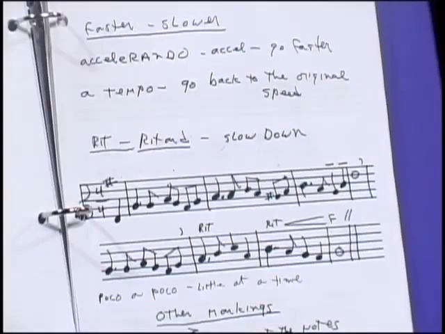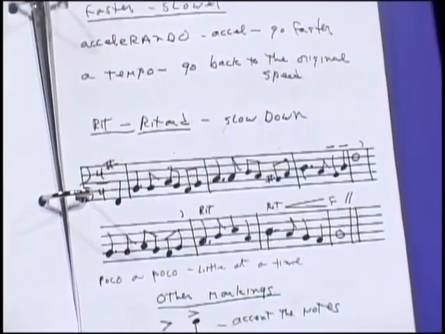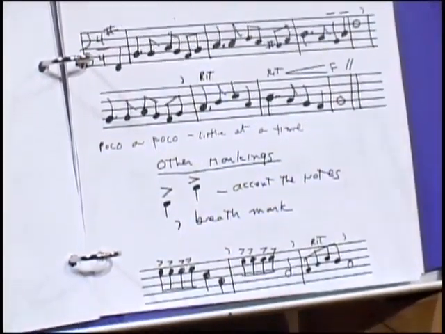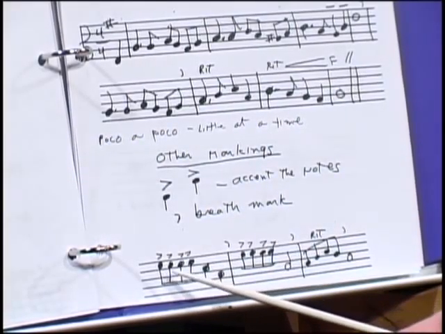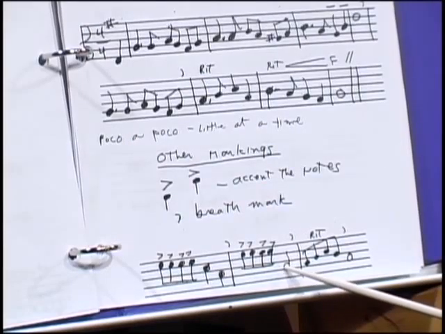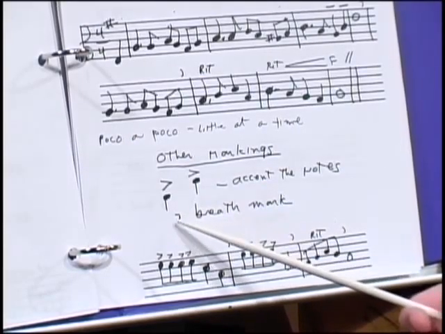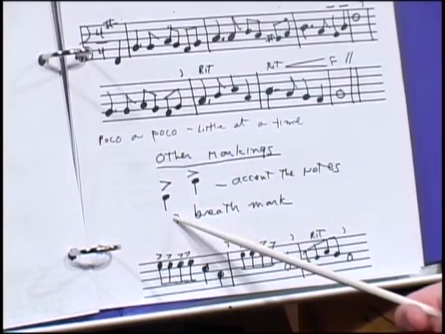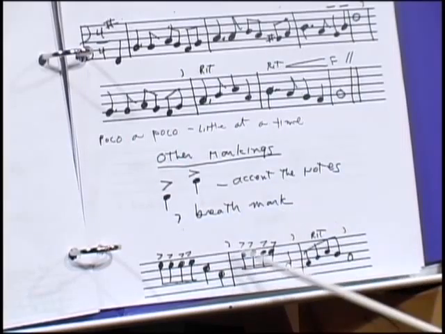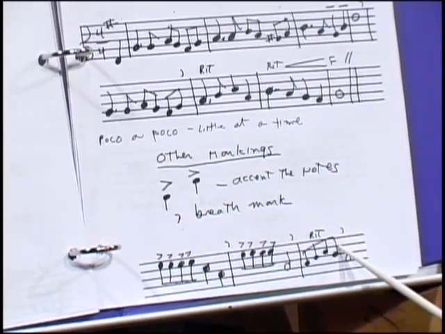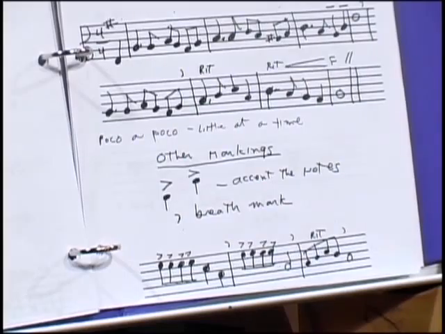Now, here we have accent marks. They look like little carrots like you get on a computer. That means you really punch those out. This is not a song, but I'm going to just show you an example of that and play a few of those. And also you get a little apostrophe. That little apostrophe just happens to be a breath mark. When you see it, that would be a place when you would normally breathe. So let me just play a few of these accented notes. When you see that little carrot, you really accent the notes